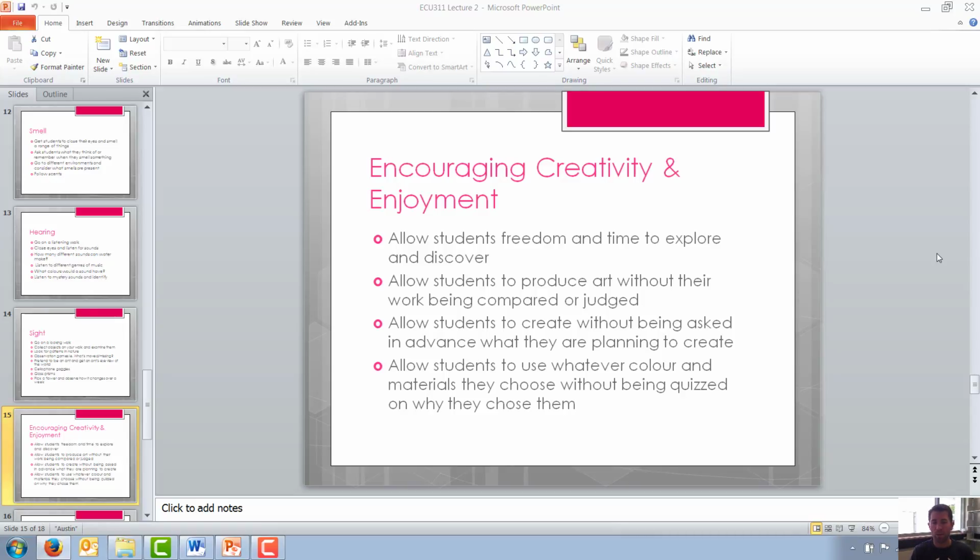Allow students to produce art without their work being compared or judged. So don't ask them what is it that they're planning on doing. And of course it's good to do this as well, but remember that it's also good to not do it. So in developing creativity and an enjoyment for the arts, allow students to produce something without actually comparing it to another student's work. And kids will naturally do this anyway, but